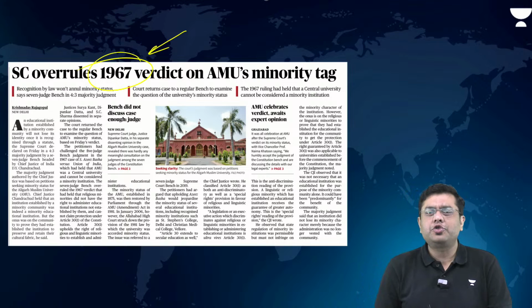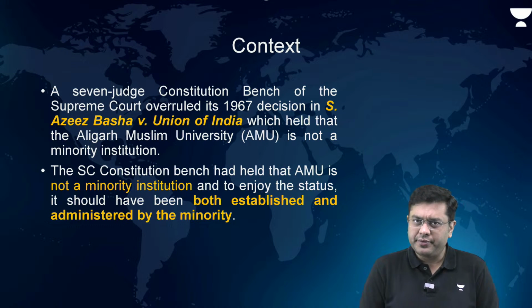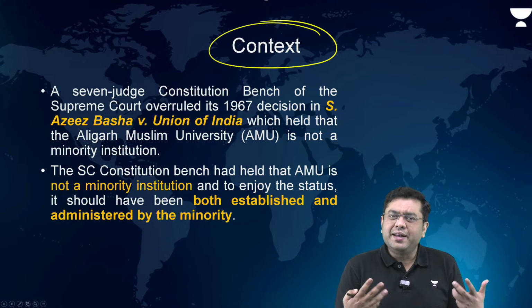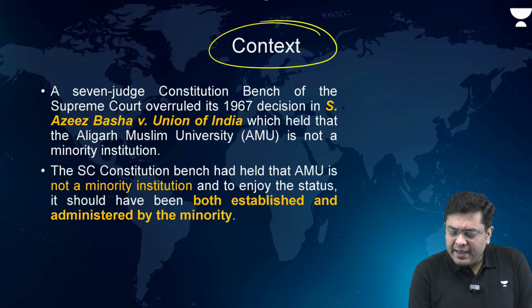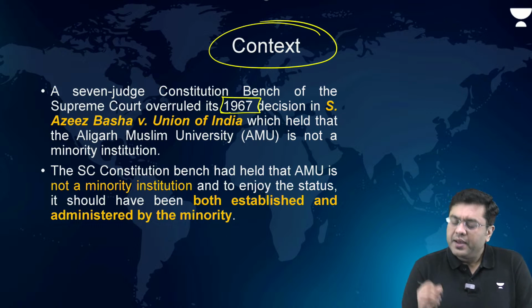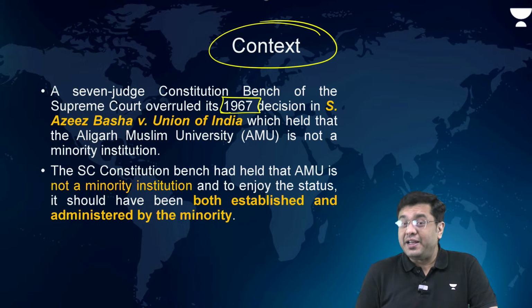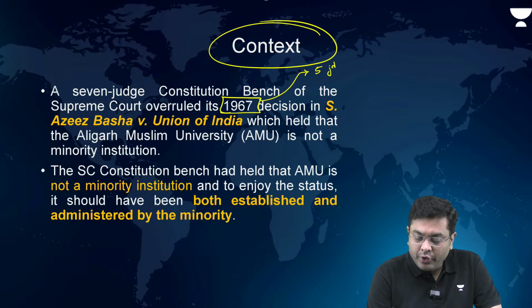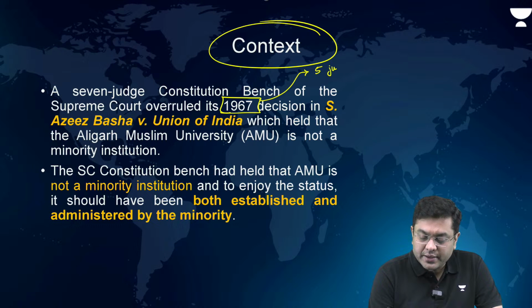But let us declutter this topic as much as we can, and let us try to understand it in the simplest of terms. So first of all, what is the context of this entire case? Where did this issue arise from? So basically, in 1967, you had the Constitution bench, a 5-judge bench at that point of time. This was a 5-judge bench, right, in 1967. So the 5-judge bench issued a judgment,